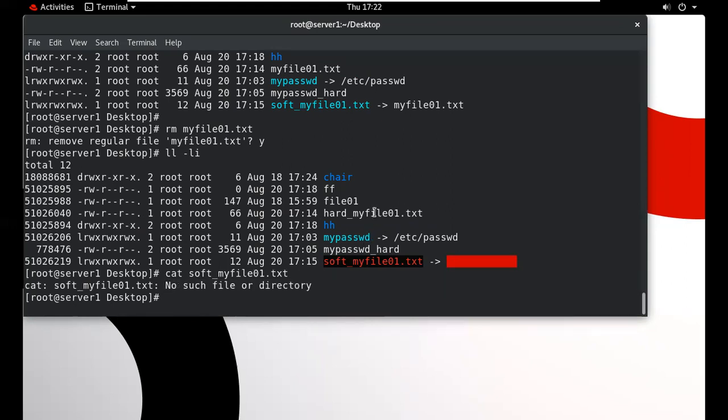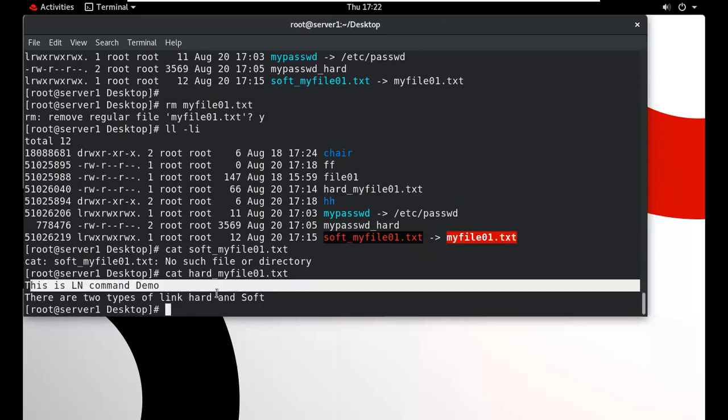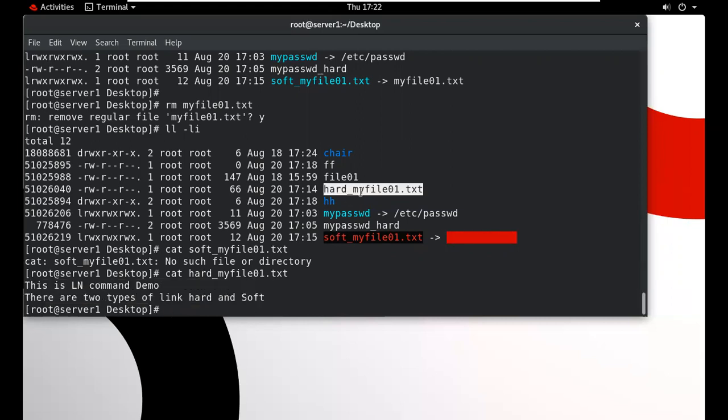When we see this one, we have all the content, because a hard link provides a backup facility also, but a soft link will not provide the backup facility, because a hard link has 2 copies. A soft link is just 1 copy, and it redirects to the original.